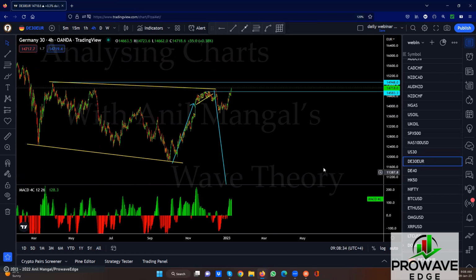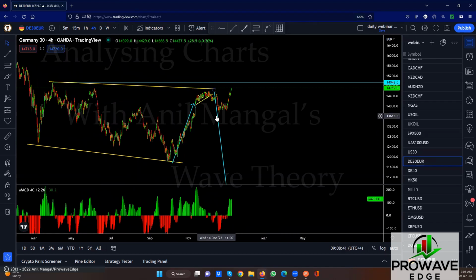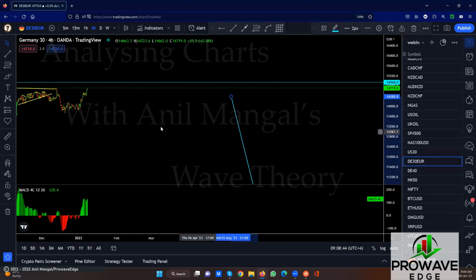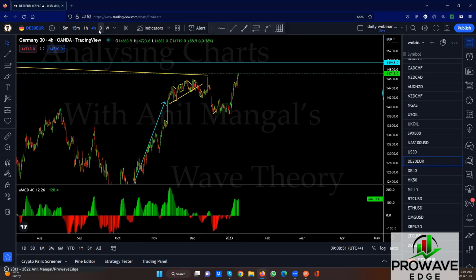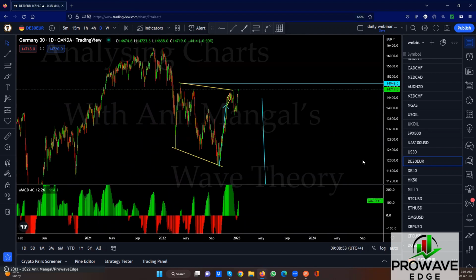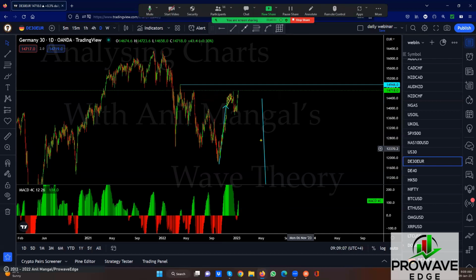DAX retest the top. Okay. So let's take this out and see what happens. Well, we still have this sharp one. So even if DAX is going to go up from here, let's assume for a second that that's not the running flat. Let's assume this is not the running flat and they're trying to go up. Well, somehow that was the end of the whole structure. This here was the end of the structure. Let's take this out. I wouldn't put that flat as it. Let's say this is the end of the structure and we're trying to go back to the top.